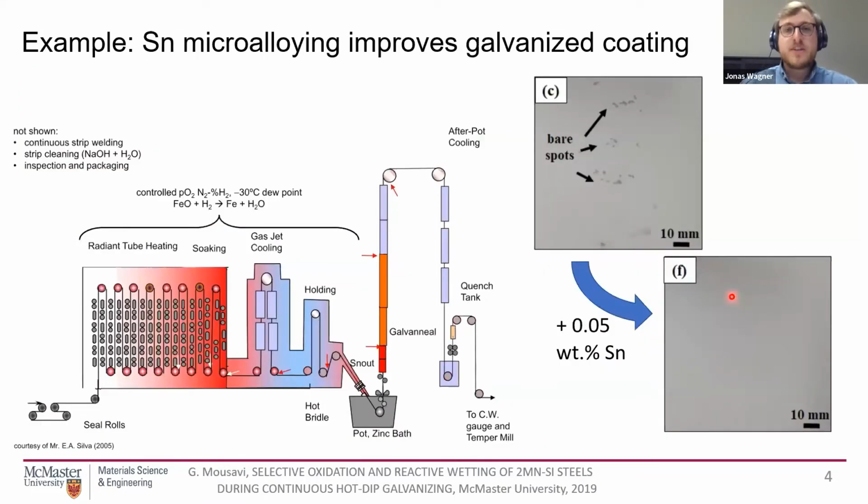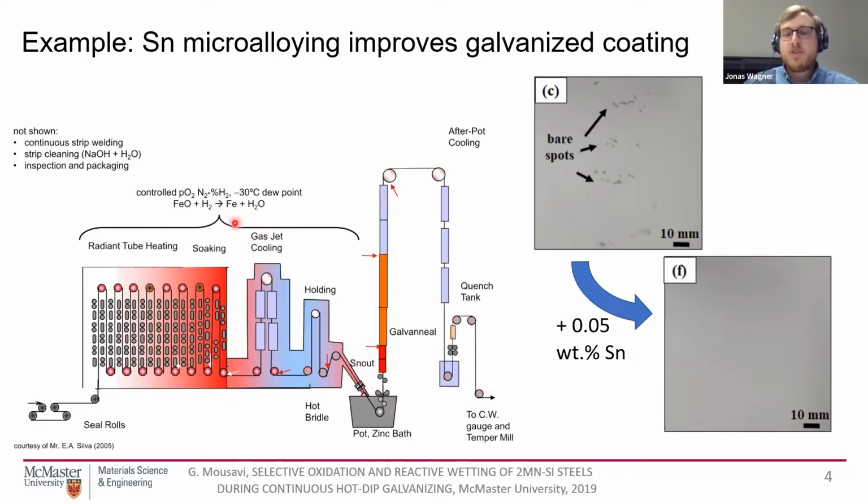What I'm working on is the potential of a tin addition to improve galvanized coatings, especially when we want to use newer grades of steel, third generation advanced high-strength steel in the automotive industry. We want to protect it from corrosion, want to coat it with zinc, but there's an issue, right? In such a hot dip galvanizing line, the strip undergoes a continuous annealing process prior to being dipped.